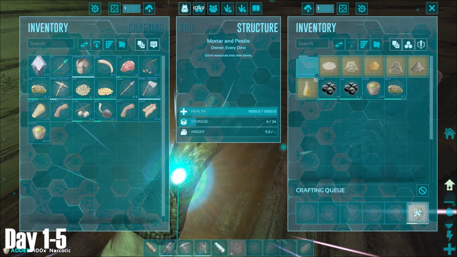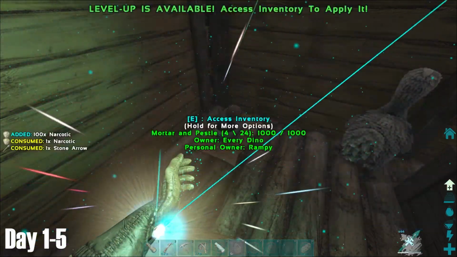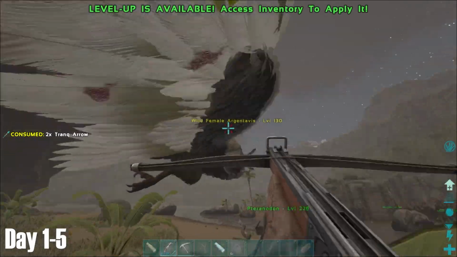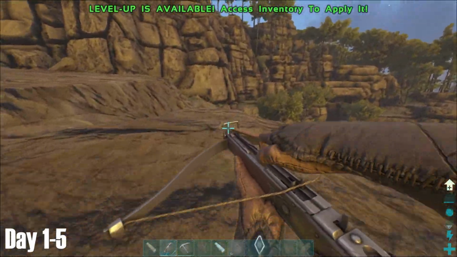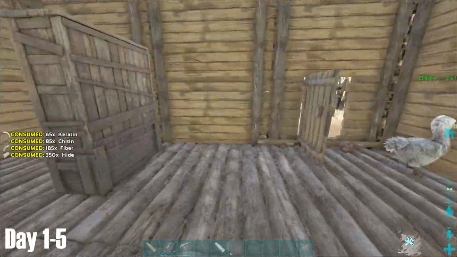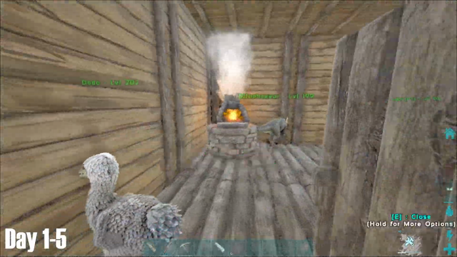This was followed shortly after by a much needed upgrade of a 135 Argentavis, who conveniently popped by for a visit just by base. After running circles around him for a good couple of minutes, I managed to knock him out and then got him some prime which he tamed up with. As day 5 struck, I was feeling pretty happy with my progress so far, and with an Argentavis now mine,